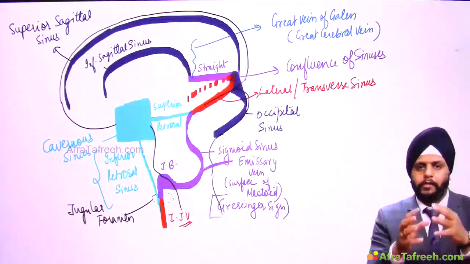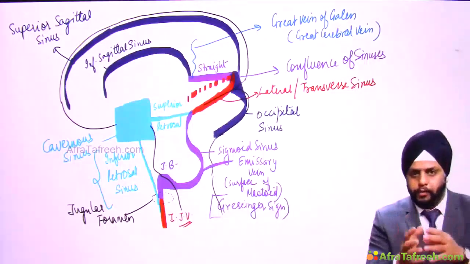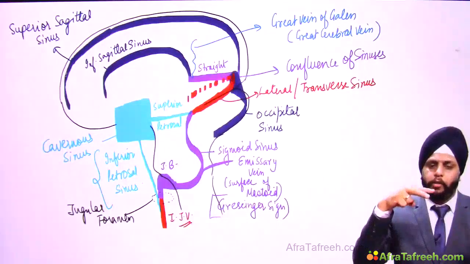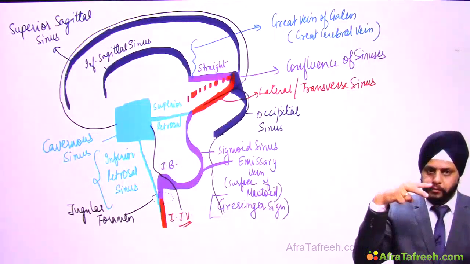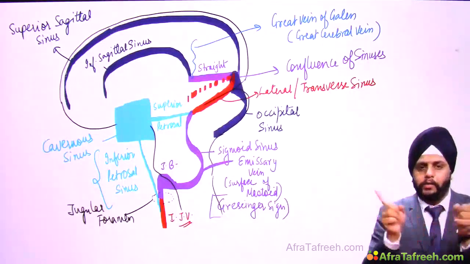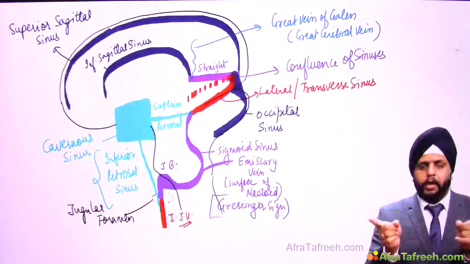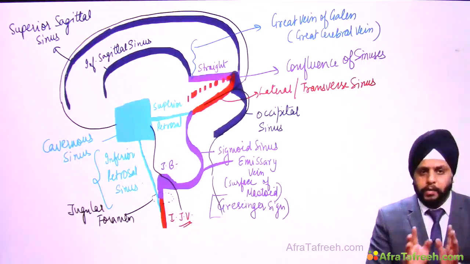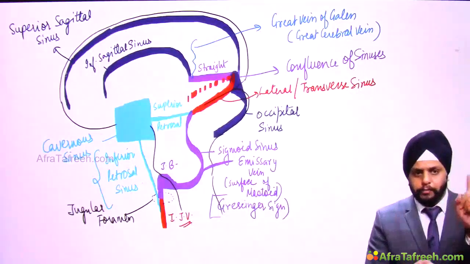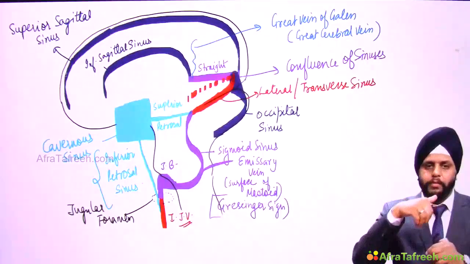All these sinuses drain at the confluence of sinuses. So from the confluence of sinuses arise two grandsons, two twins. Which two twins? Lateral or transverse sinus, right and left. And the lateral or transverse sinus is married, arranged marriage, to superior petrosal sinus, daughter of cavernous sinus, and becomes curved